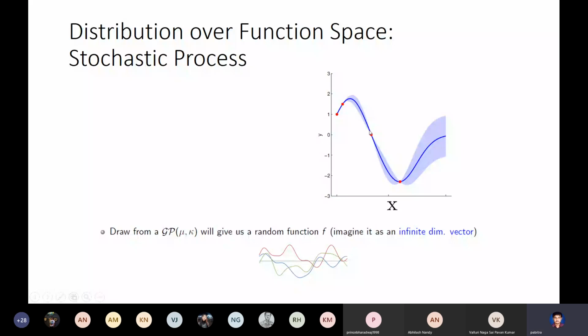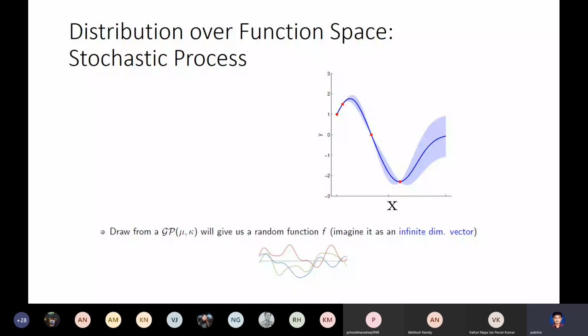So the stochastic process is also a distribution, but not a distribution over points. It is a distribution over functions. We attach likelihood to functions. And I have already shown there is a correspondence. So this is one way of speaking about a stochastic process. I have already shown that, equivalently, you can think of a stochastic process as a distribution over infinite dimensional vectors. They are equivalent.